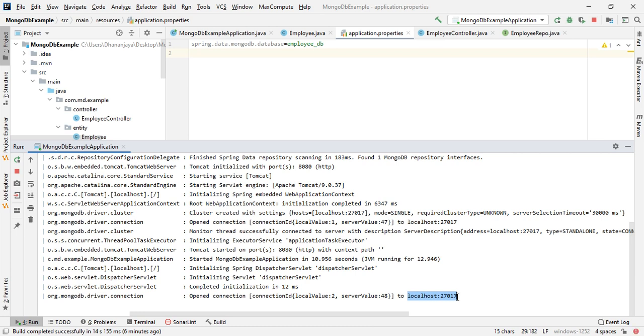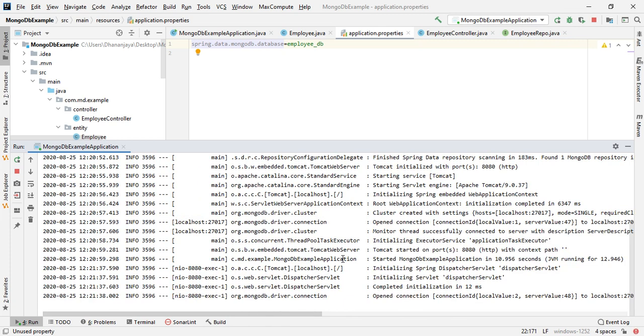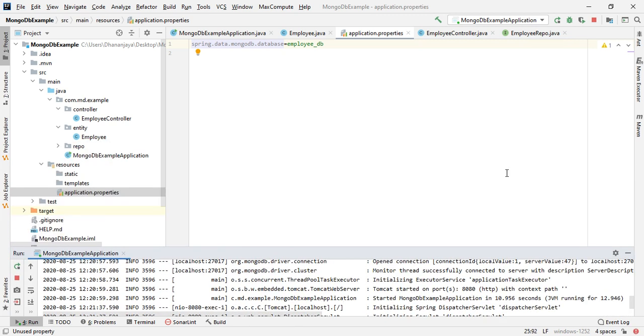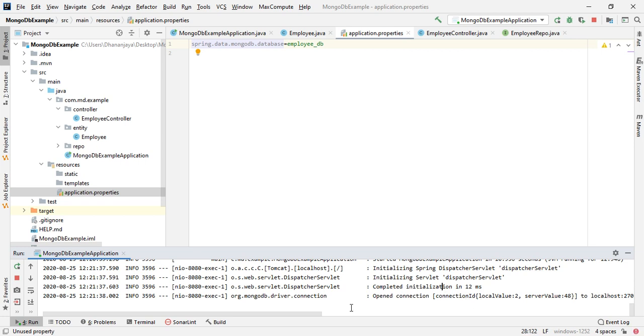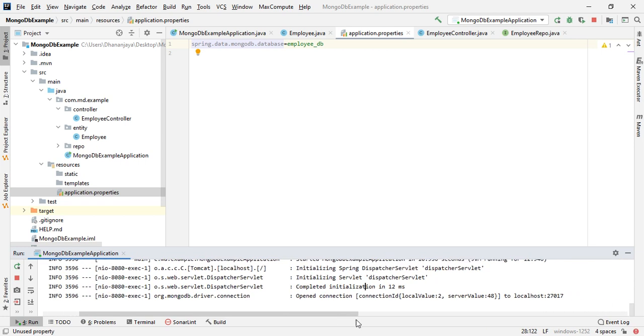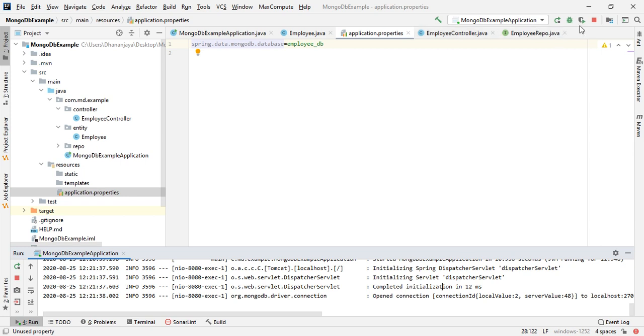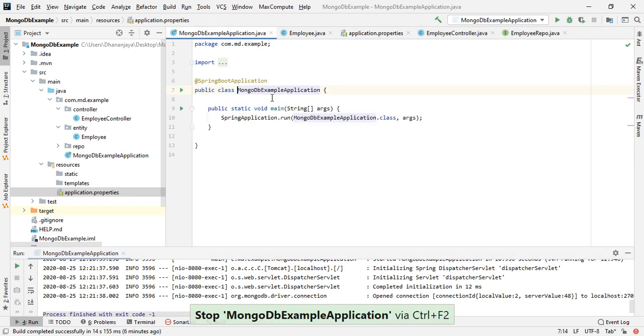If you have any other port, then you have to mention it here, like spring.data.mongodb.host and spring.data.mongodb.port. Since we are doing a POC, we have done everything locally, so no need to mention any host and port information here. That's all about the MongoDB operation.